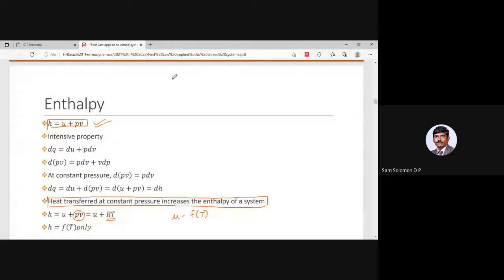Why we require this enthalpy will be very clear when we do applied thermodynamics. In applied thermodynamics, we will be using the values of enthalpy to derive the efficiencies of the Brayton cycle and Rankine cycle, in the case of gas turbines and steam turbines. In those cases, heat transfer is evaluated in terms of the change in enthalpies only.